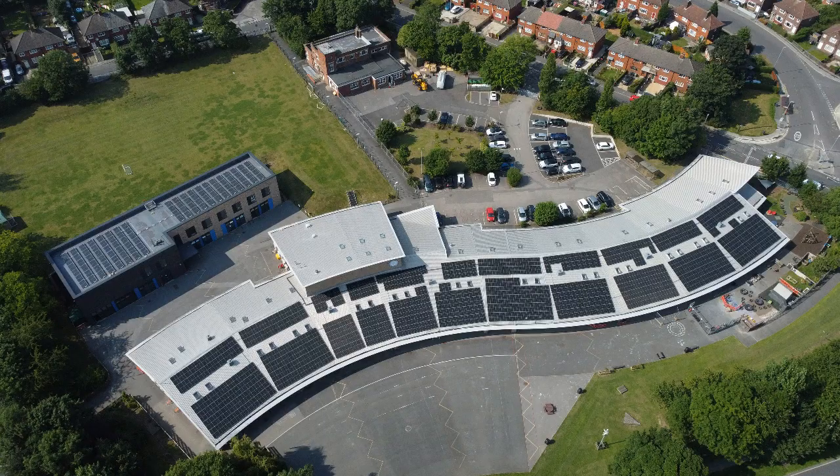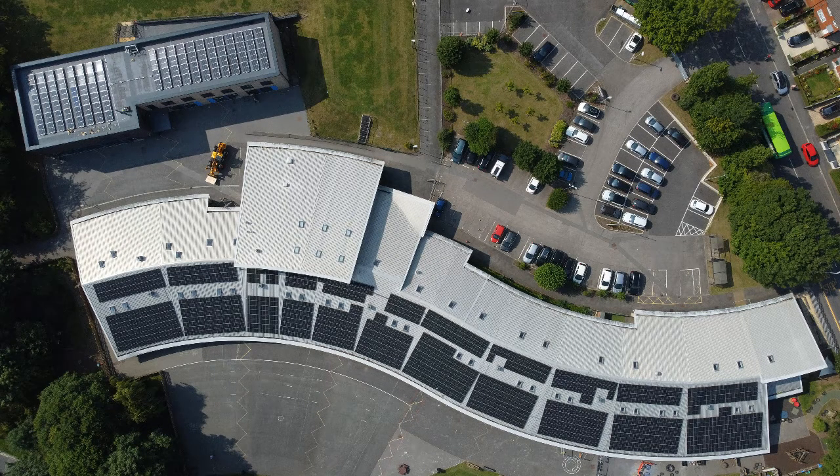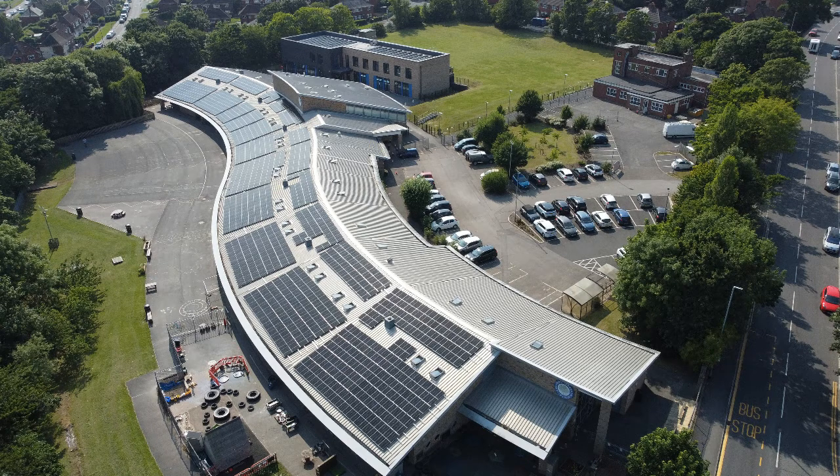Hollybush is about 17 years old. You've got the slides, I'll let you have a look at them. It's not a normal shaped school, it's more like an S-curve. I was thinking about how the solar panels were going to look, but it looks absolutely amazing. But most of all, we are a school and it's down to us to educate our children about our carbon footprint and looking after the environment. The children are fantastic, they're very excited, they want to learn more, but like Shannon says, she'll work with us